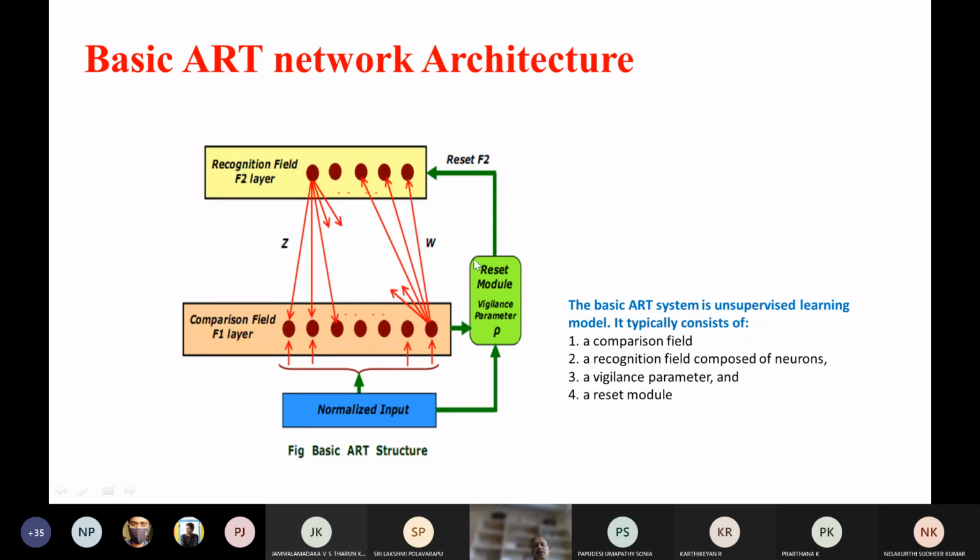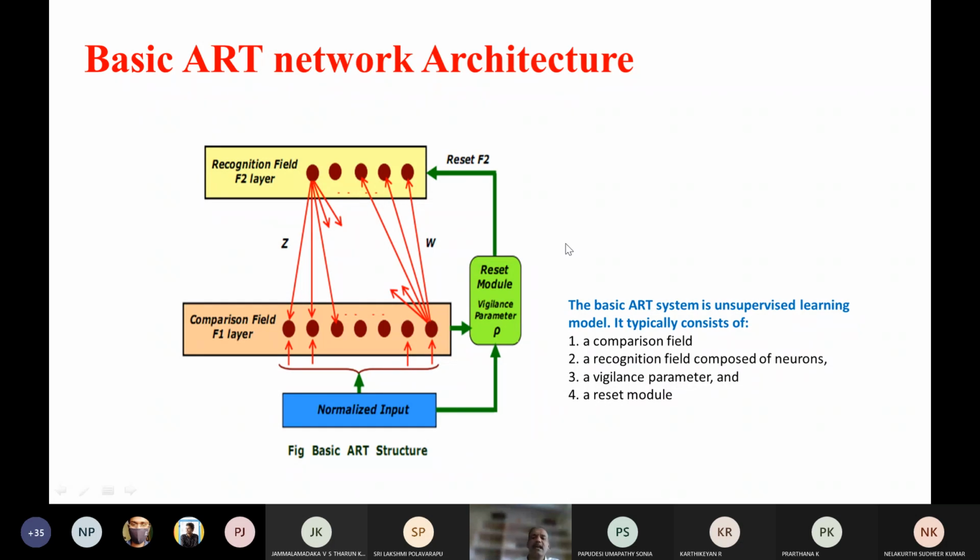And we have one more thing called the vigilance parameter, rho. Based on the vigilance parameter, I try to tackle this stability and plasticity dilemma